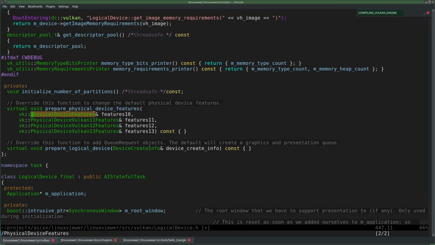Prepare physical device features. Yeah, it is a virtual function. Got to admit that.